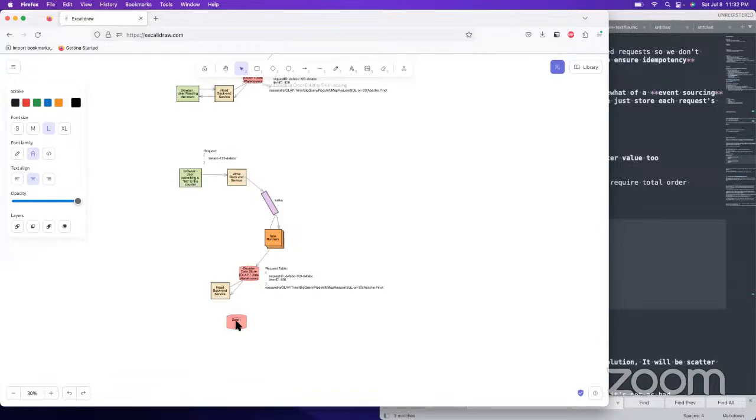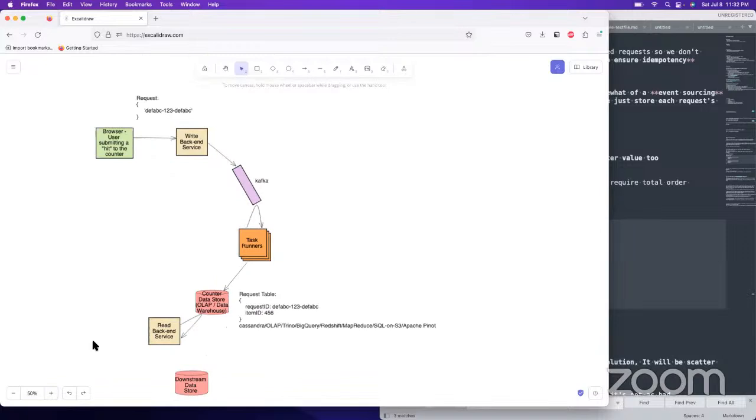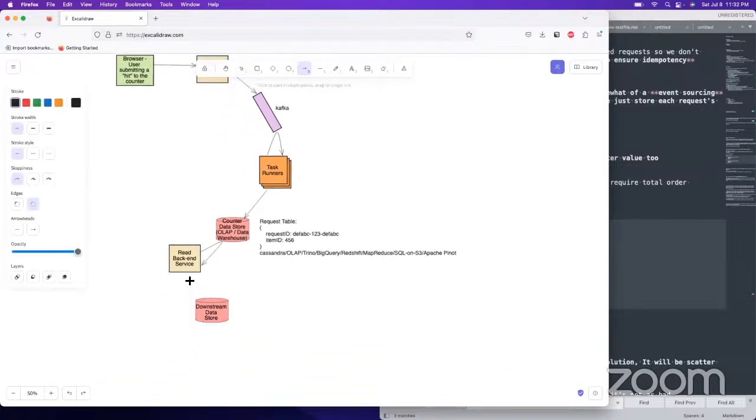So this would be like downstream data. Sorry, I'm way zoomed out right now. So you have some kind of downstream data store, and you stick it over there, and then you would have something like Redis.